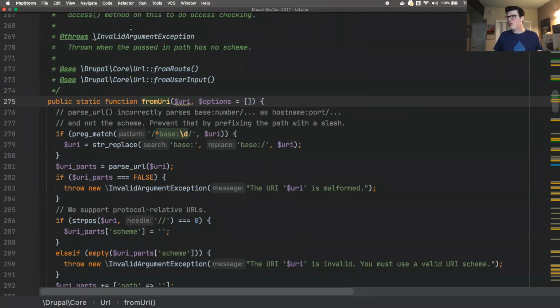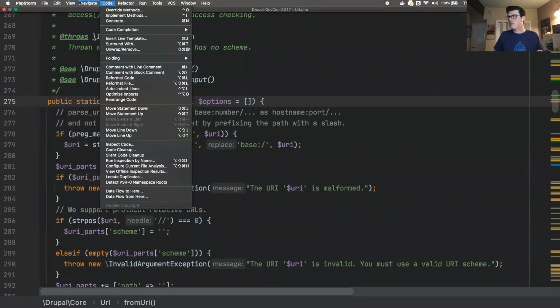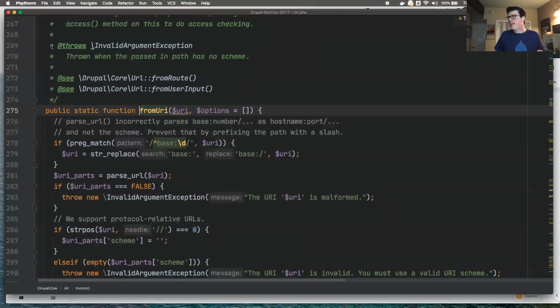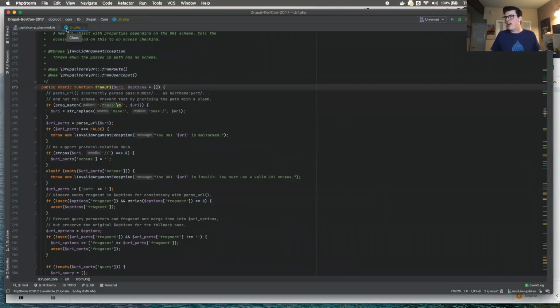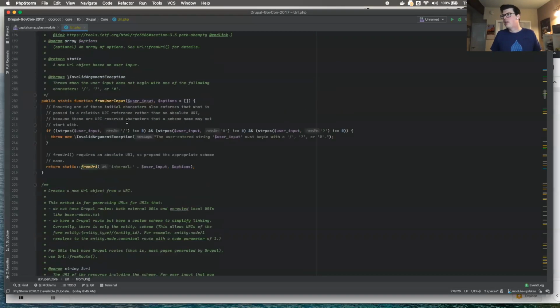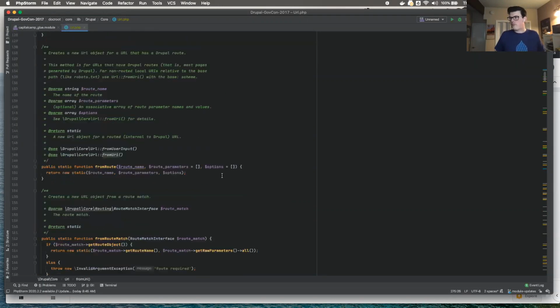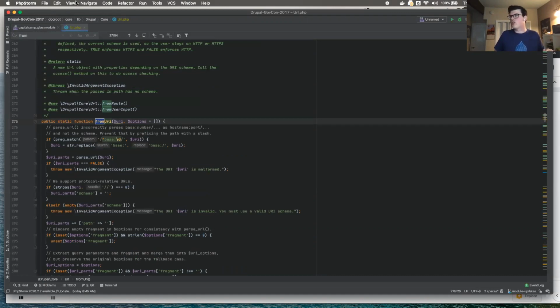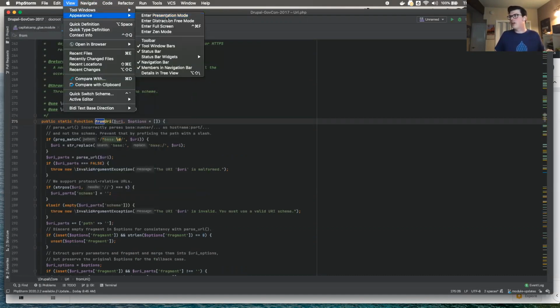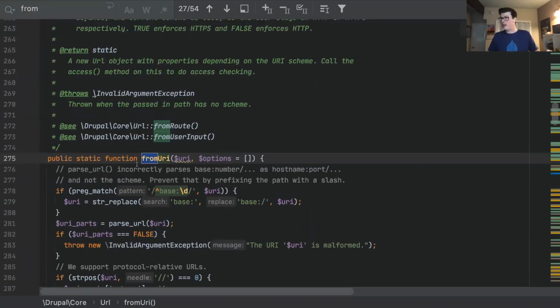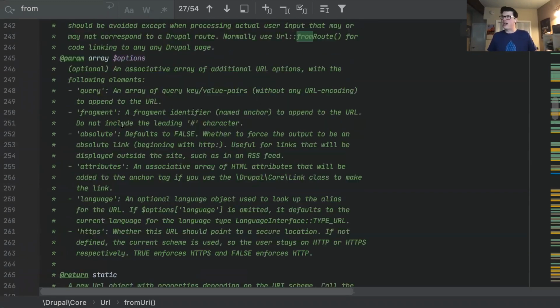Of course, I don't remember the hotkey off the top of my head for presentation mode to show you. So one second, let's jump back out of presentation mode. We have left the .module file and we are now in a class somewhere down in Drupal core, docroot core lib Drupal core URI.php. Anyway, we've got that from URI method that we were talking about a moment ago. And now I can see how it is actually defined and read a little bit about the documentation.